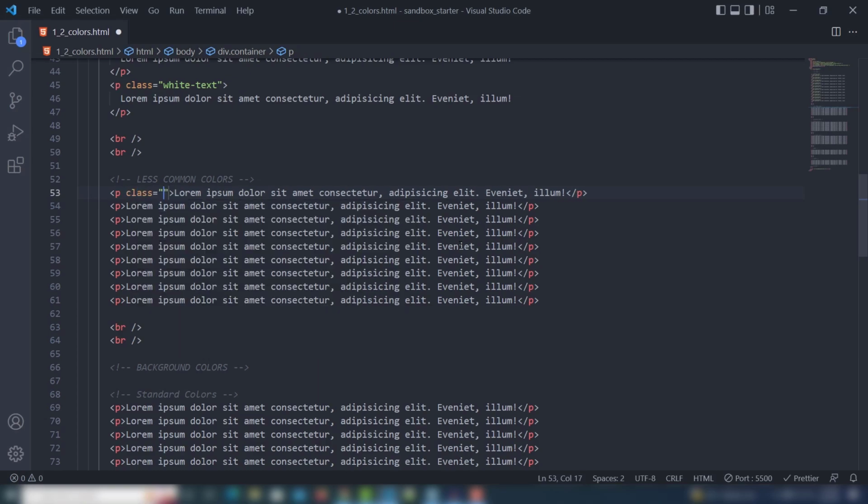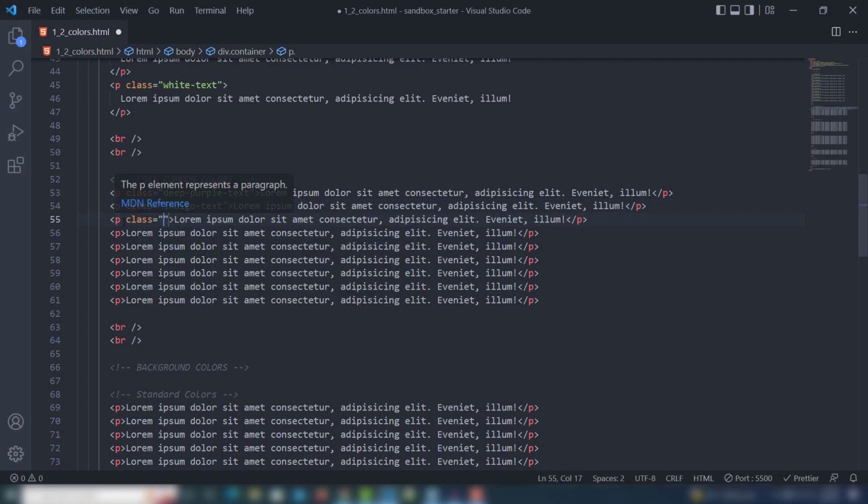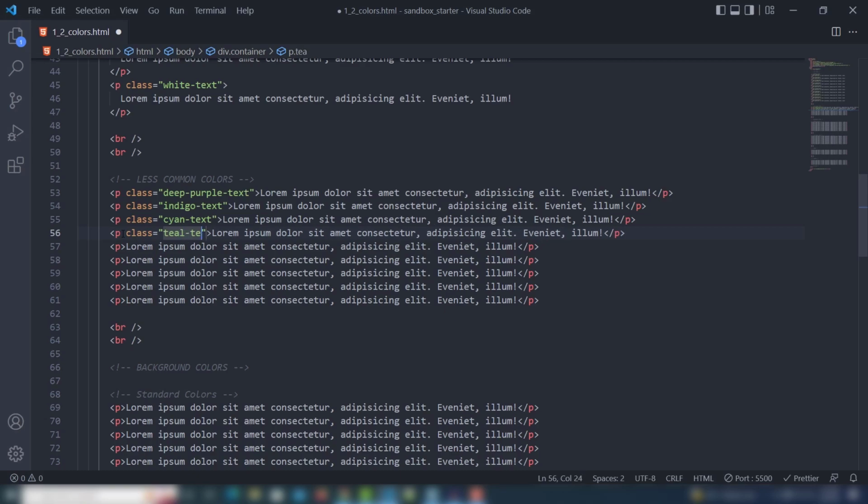So first you need to assign the class deep purple text and class indigo text, class cyan text, class teal text, class lime text,